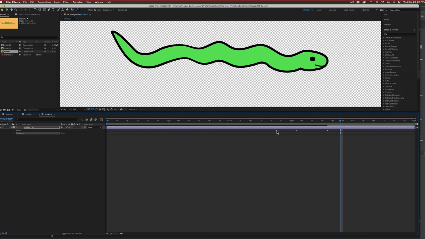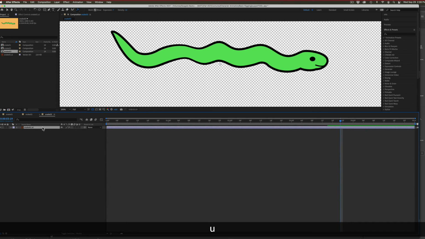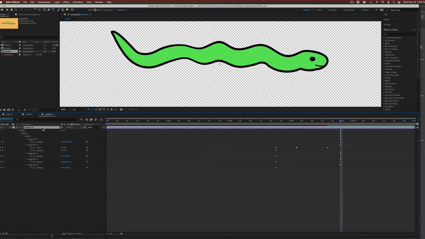These are actually just previews. I can't click or do anything to these. To get to the keyframes, I'd have to twirl down the properties where they are. A shortcut here is just the letter U on the keyboard. U will just show you the keyframes that are already in a layer so that you can go in and navigate through that. So if you remember the parts of animation, and then I think of, hey U, show me your keyframes. Some kind of threat against a layer somehow works,